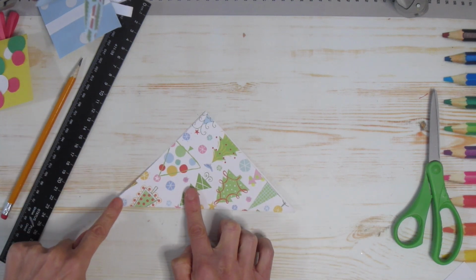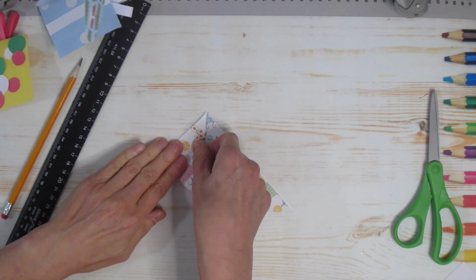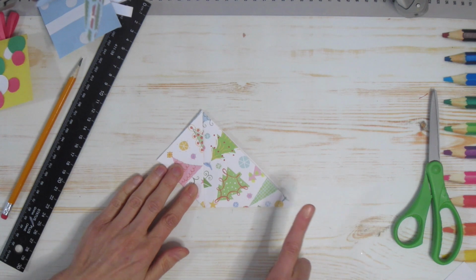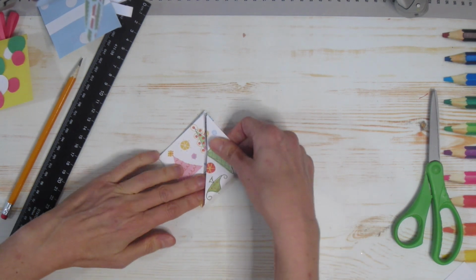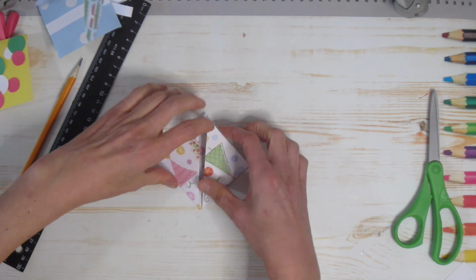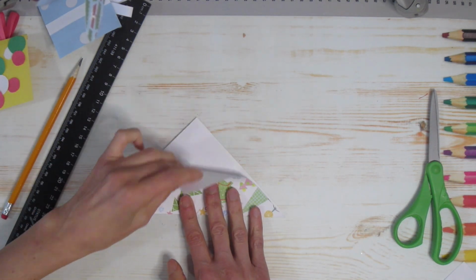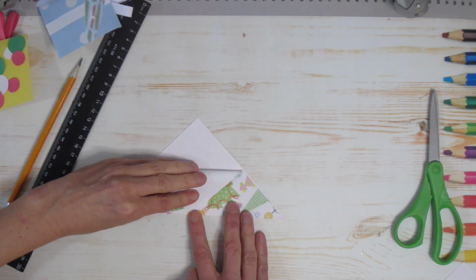You're going to take this bottom corner and you're going to fold it to this top corner, pushing down on the sides as you go. You're going to do the same thing here. You're going to take this bottom corner and fold it to the top corner, pushing as you go, and you're going to open that up. You're going to go to this top, and there's going to be two pieces there. You're just going to pull the one that's closest to you down to the bottom,